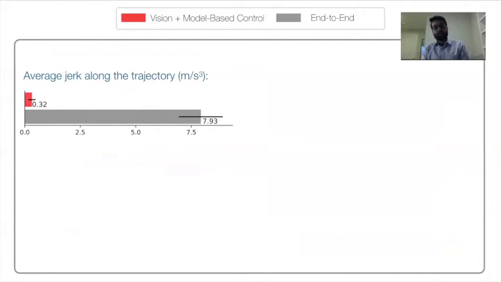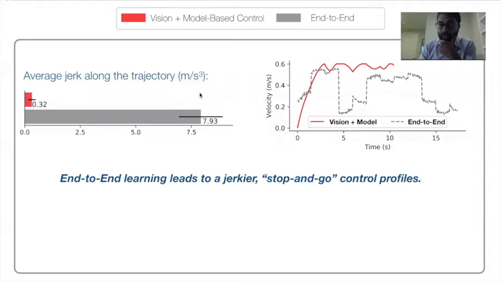We also compared the jerk along the robot trajectories. And you can see the jerk produced by end-to-end learning is significantly higher than the proposed method, which explains that stop and go behavior that we were seeing earlier. And here is a representative control profile produced by the two methods. Again, red is the proposed method and gray is end-to-end learning. Now you can see there are sudden jumps in these end-to-end learning control profiles, and this has significant consequences for